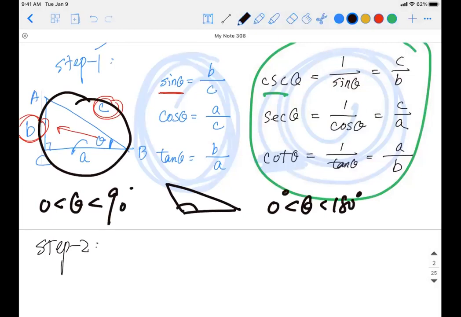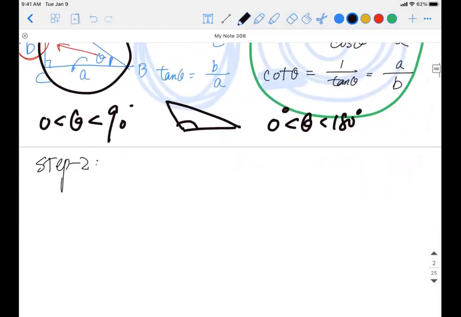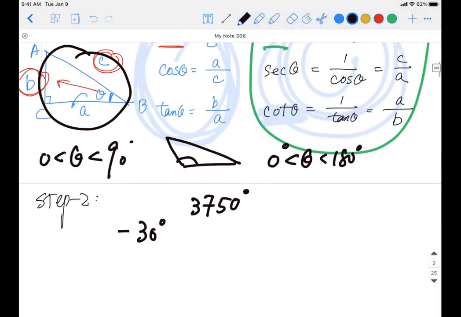However, our understanding of angles is actually evolving. We might see a super big angle, 3065 degrees. We might even see a negative angle, like minus 30 degrees. We might see 3750 degrees, and so on and so forth. So if we still squeeze our discussion into a right triangle, or even a regular triangle, they just can't offer what we need.